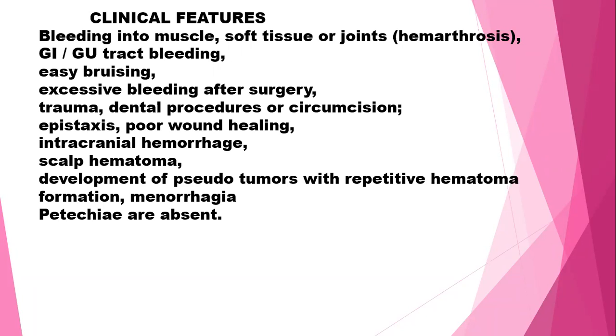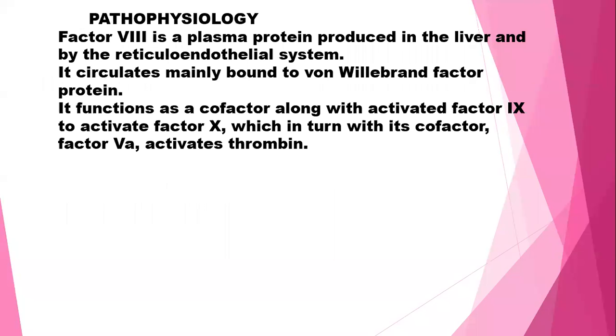Repetitive hematoma may cause development of pseudotumors, menorrhagia, but petechiae are absent here. Pathophysiology: factor VIII is a plasma protein produced in the liver and by the reticuloendothelial system. It circulates mainly bound to the von Willebrand factor protein, and it functions as a cofactor along with the activated factor 9 to activate factor 10, which in turn with its cofactor factor 5A activates thrombin, and the deficiency of the factor causes deficient